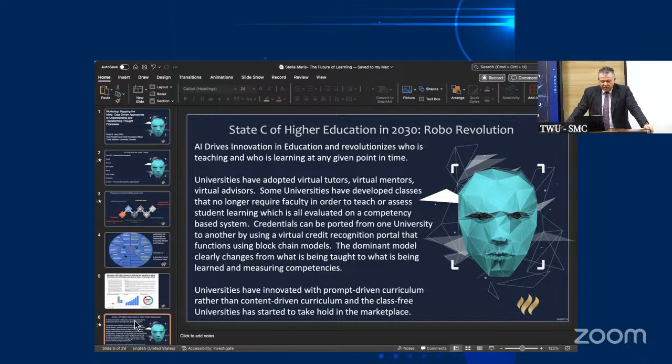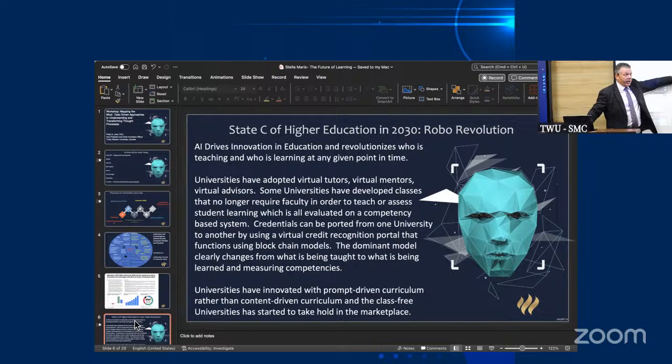Some universities have developed classes with assessed learning or a competency-based system. Credentials can be ported from one university to another using a virtual credit recognition portal that functions using blockchain models. I already have colleagues and people in the industry using blockchain models of credential verification and transfer across universities. So this is happening right now.